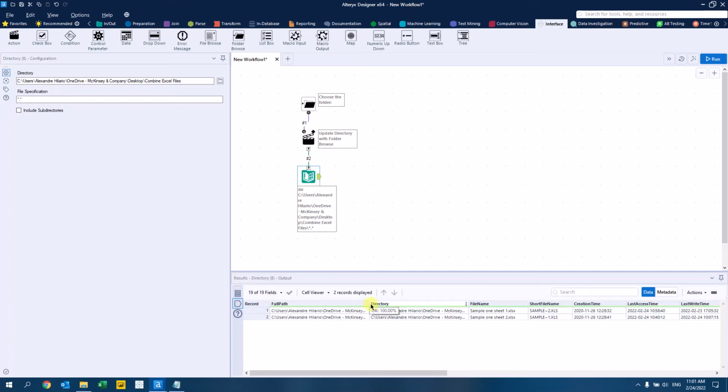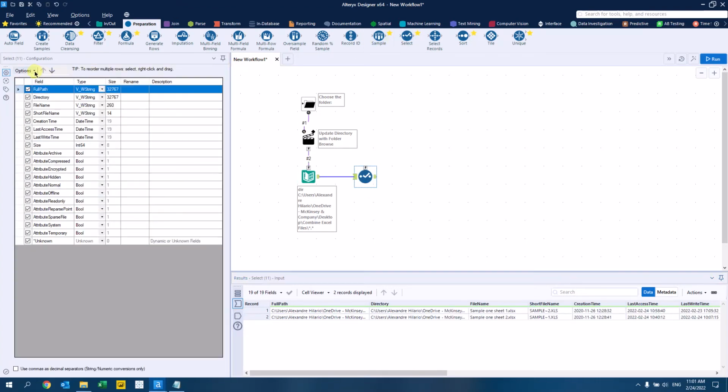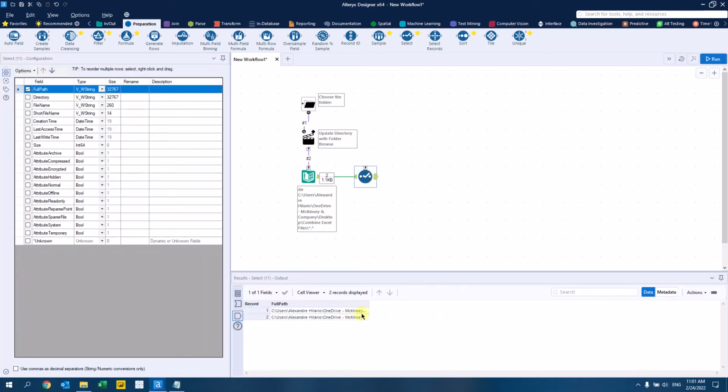The only one we really care about is full path. So we're just gonna use a select tool, bring it here, we'll deselect everything. And all we care about is this one right here, full path. So we're gonna run this and we should have only this right here. So if we open this up, we see how here, for Alteryx to give us the sheet names, we need to add sheet names to the very end. So in order to do so, we're going to get the formula tool